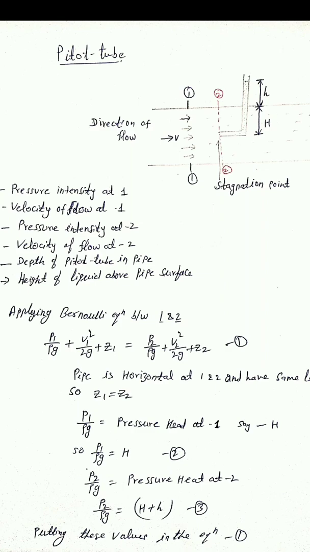Now P1 by rho g is the pressure head, we can say the static pressure head, due to the fluid particles. Say this is H. So in the pitot tube, due to this static pressure, the water rises up to the height capital H. Now, according to the principle of the pitot tube,